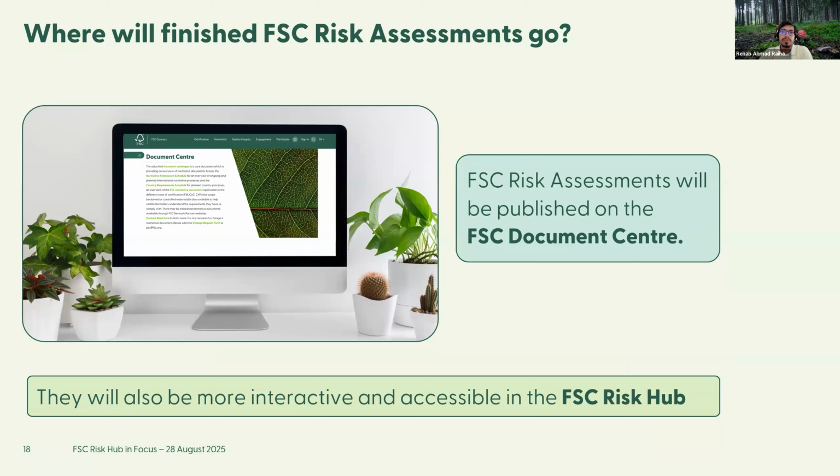So this platform, the Risk Hub, accepts the approved Excel template in the system, and it converts and visualizes it in a dashboard way. And this conversion and all of these templates will be available in FSC Document Center. Only the published one will be visualized in Risk Hub.